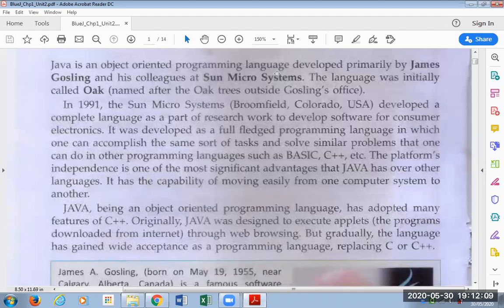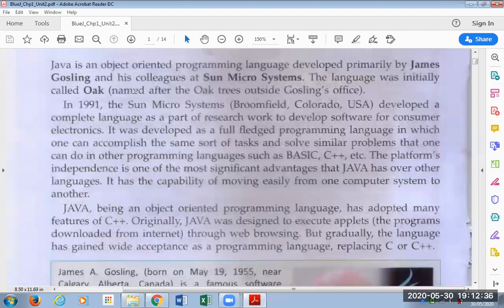We will not go into the detail of what object-oriented programming is at this stage. At some later stage, I will teach it to you. It was developed primarily by James Gosling and his colleagues at Sun Microsystems. That's the company which has given us this software. The language was initially called Oak.